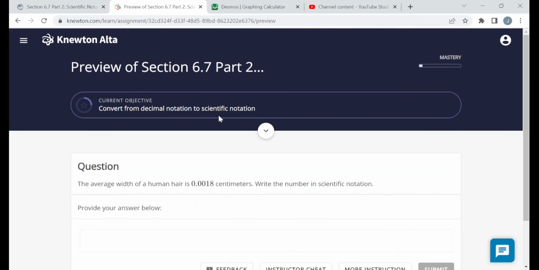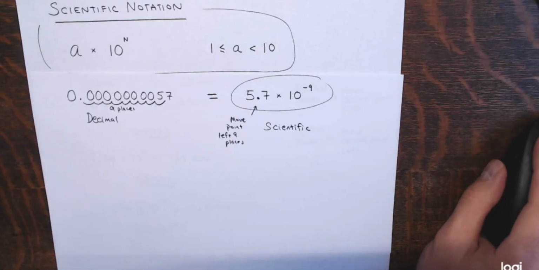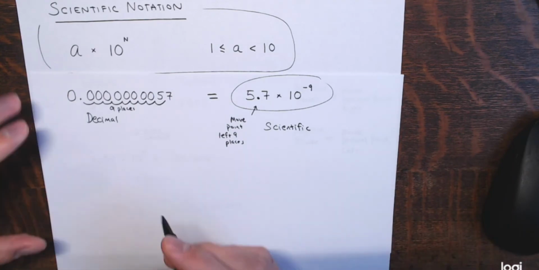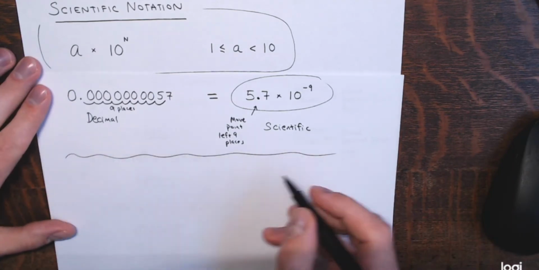So sticking with the same objective, we're given here a number. The average width of a human hair is 0.0018 centimeters, right? A number that's in decimal form, not in scientific notation. And we're asked to convert it to scientific notation. So once again, on the same page here, the number we're given is